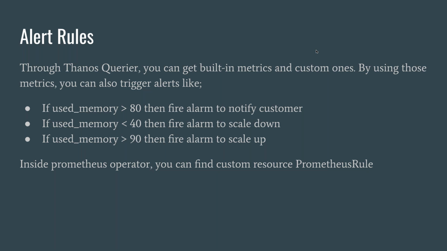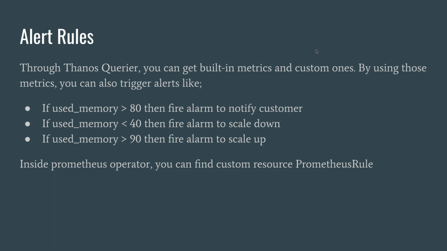Let's say that I just enabled the auto-scaling feature as a customer for my cluster. Then if the memory usage is less than 40, then scale down the cluster. So how will this scale down operation be handled? As I mentioned, since these metrics are already shipped to a central monitoring system, the Thanos querier can be consumed by Grafana, or the Thanos querier can be consumed by one of my microservices, right?